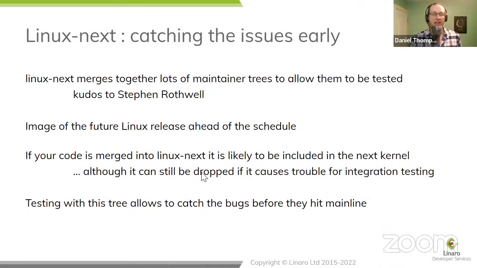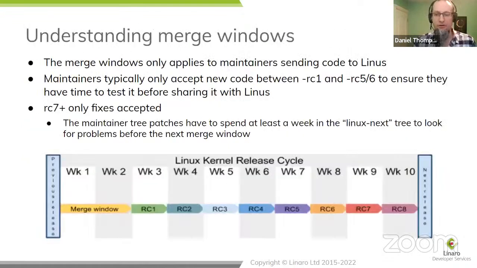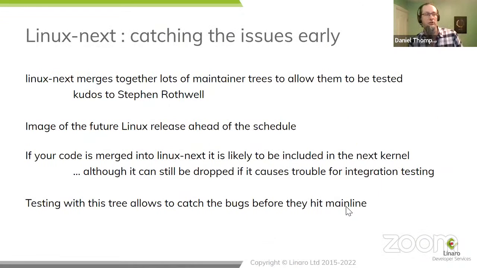And then finally, on top of all that, we have Linux Next. So Linux Next is a giant merge of 250-plus maintainer trees. I mentioned that at RC6, maintainers tend to gather new code and then freeze their trees for testing. Those trees are typically called subsystem-next. So KGDB-next, backlight-next, TTY-next. And the Linux Next kernel is a merge of all the maintainers', well, not all, a significant number of the maintainers' -next trees. So it is a good sense of what is coming in the next kernel.